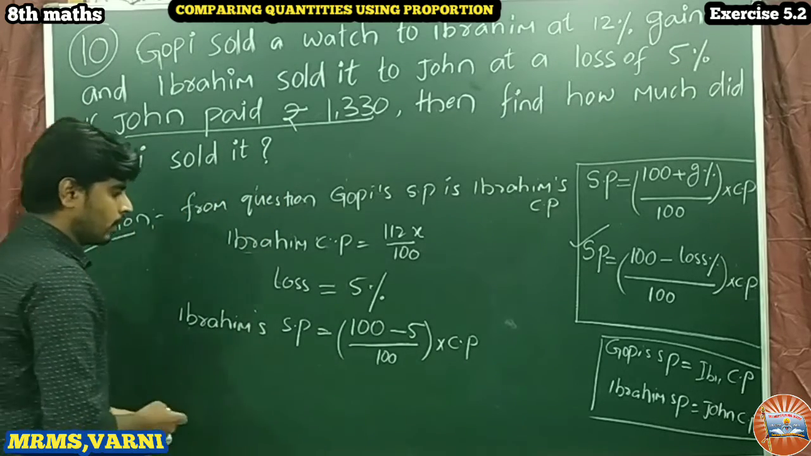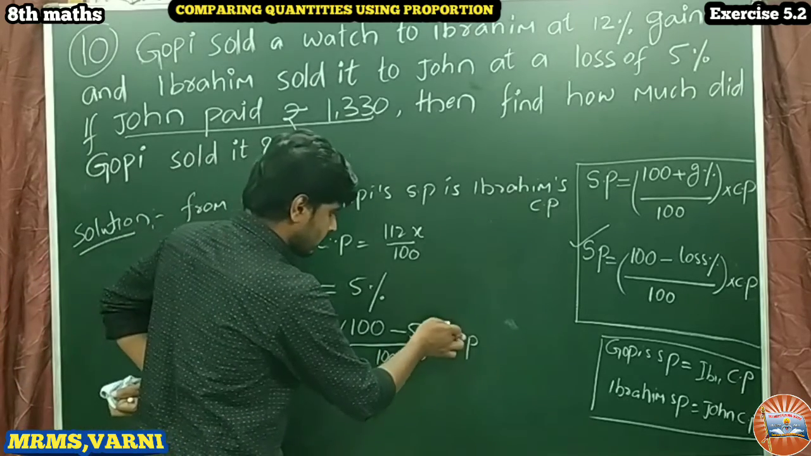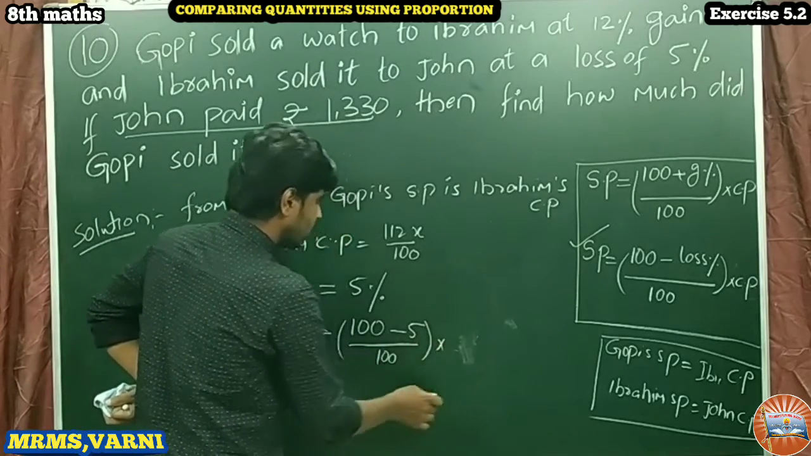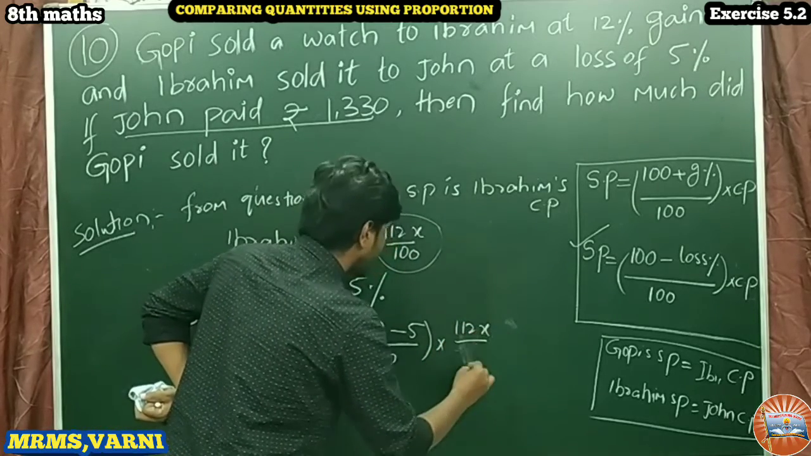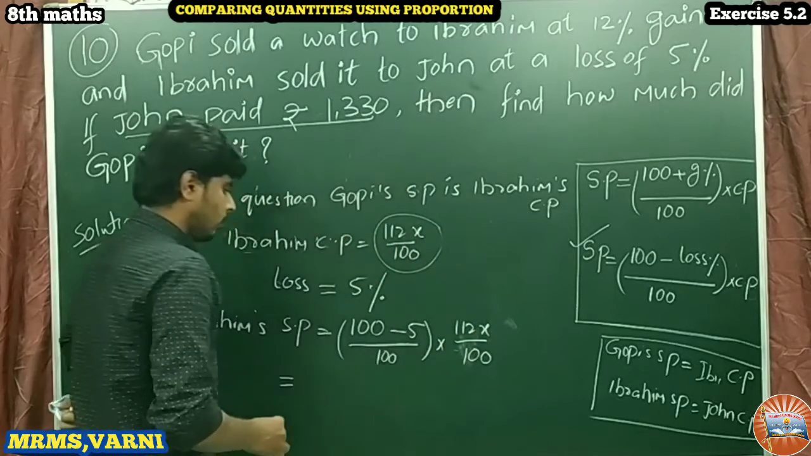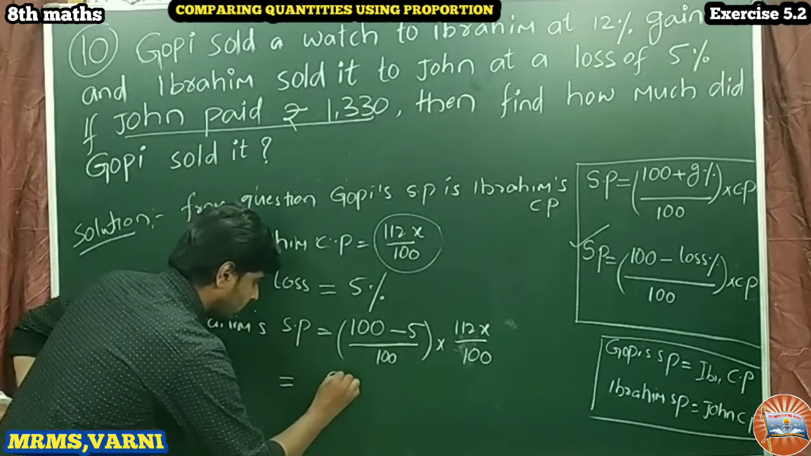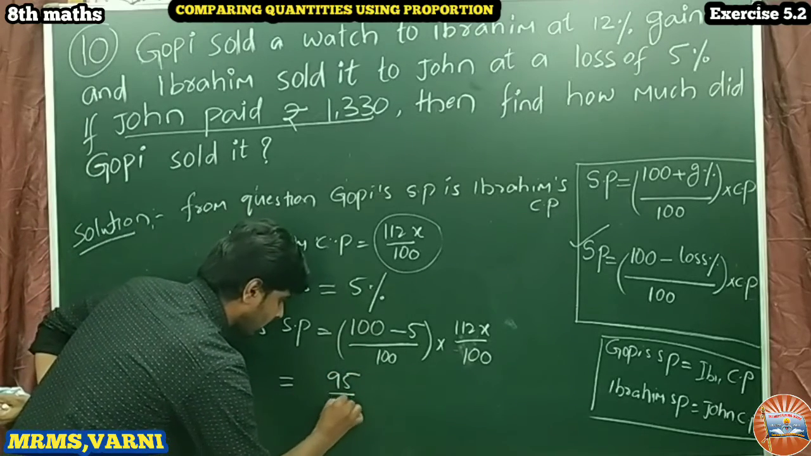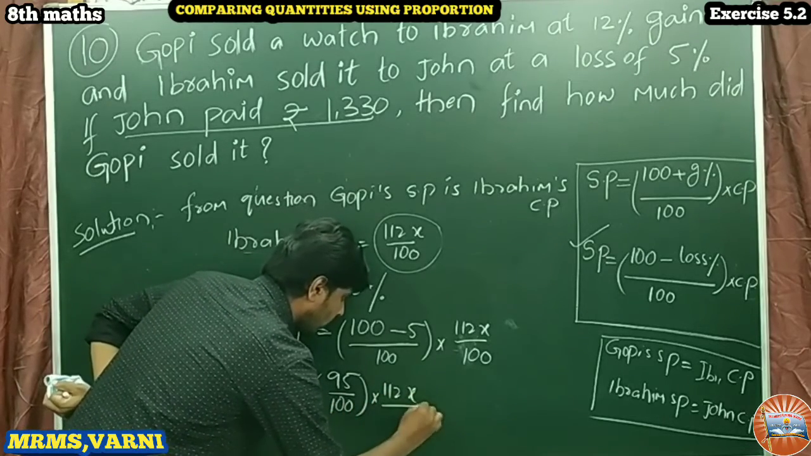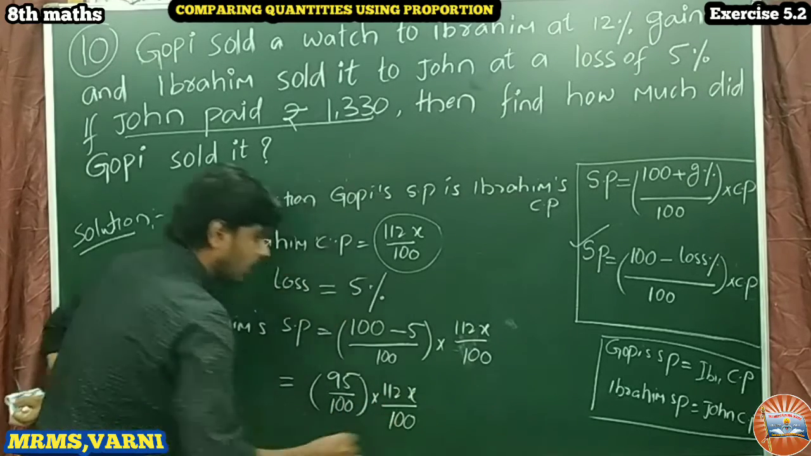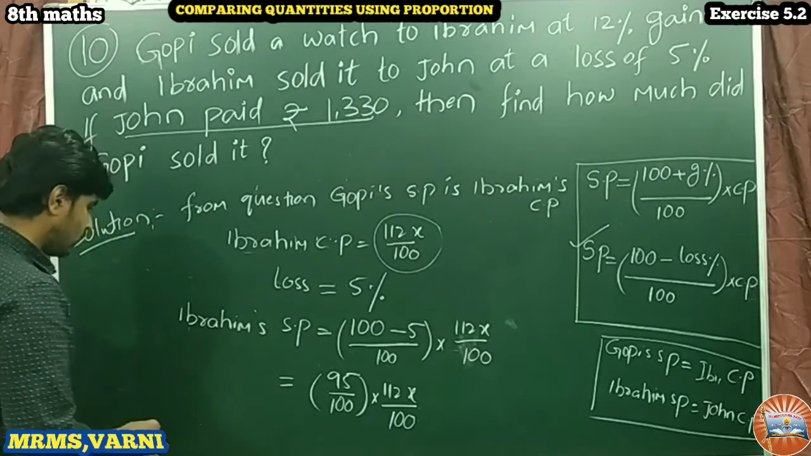Right. So what becomes? 100 minus 5, CP is nothing but, what is that here? That is 112x by 100. Okay, that is Ibrahim's CP. So 95 by 100 into 112x by 100. Okay, is it clear? Right. So this is Ibrahim's